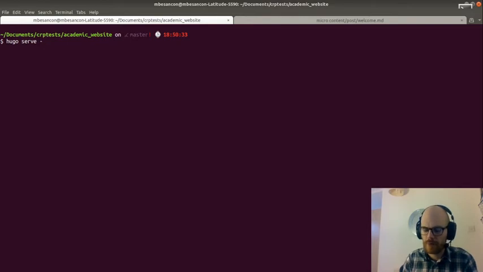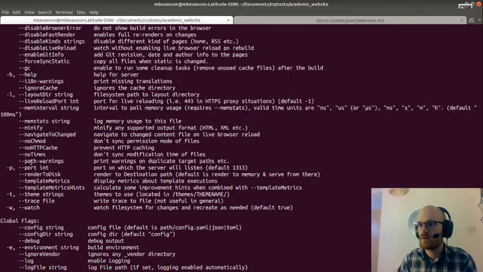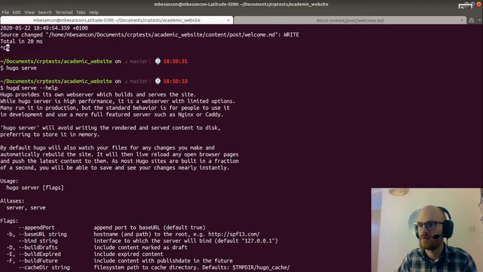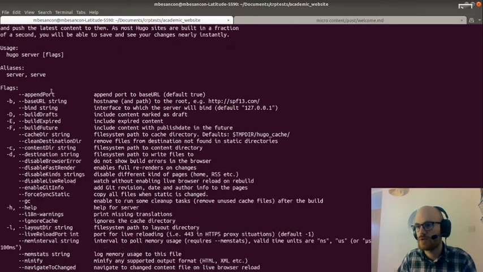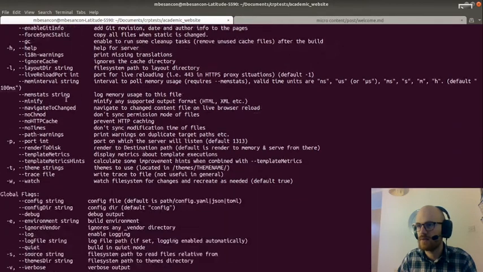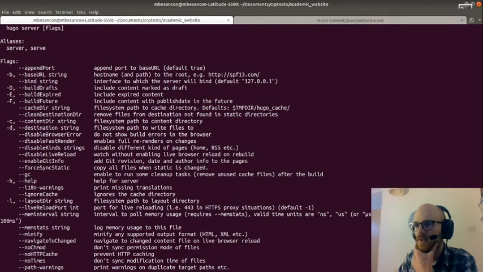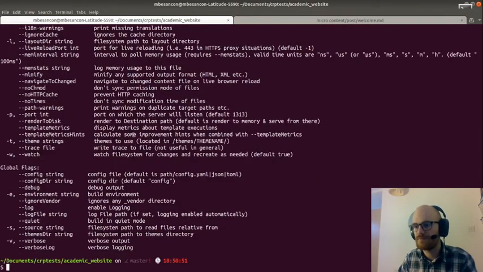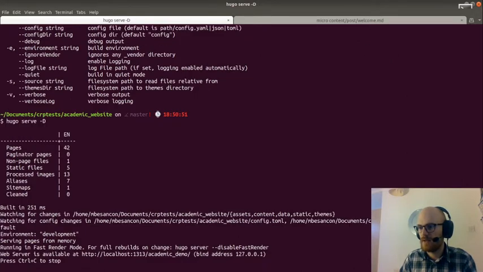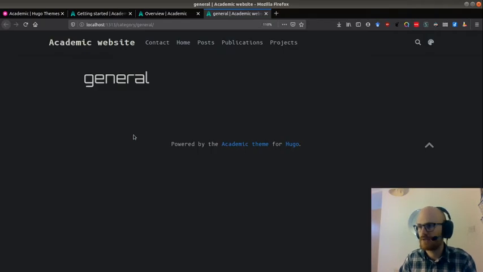If you don't remember how it's written, again, you can just use --help and see, okay, I have all these options. So serve is to serve my website locally on the browser, and here I can find that this is, yeah, where is the draft? Yeah, here, -d or --buildDrafts to include content marked as draft. So -d, and now if I go back to my website here,